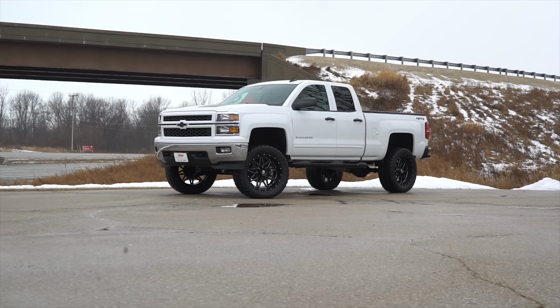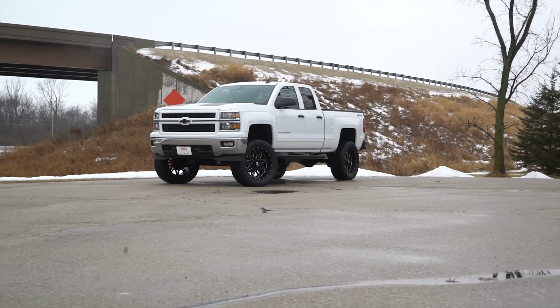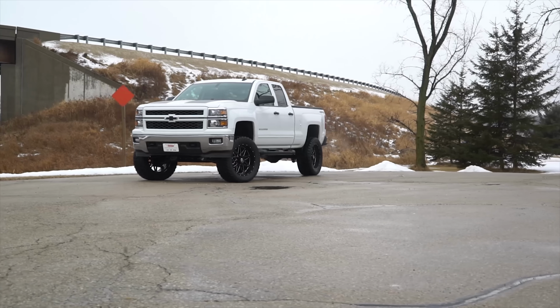You guys may or may not have seen, we just did a brand new Rough Country bracket kit in a 15 Silverado, and the thing rode like it did factory. Was it a vast improvement? Not really, but it wasn't any worse, and it's 7 inches in the air. You can't really ask for a whole lot more than that. And with their new,